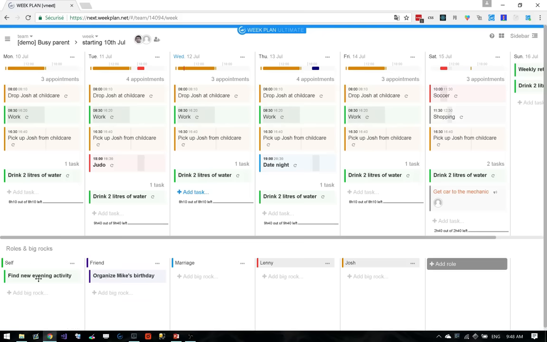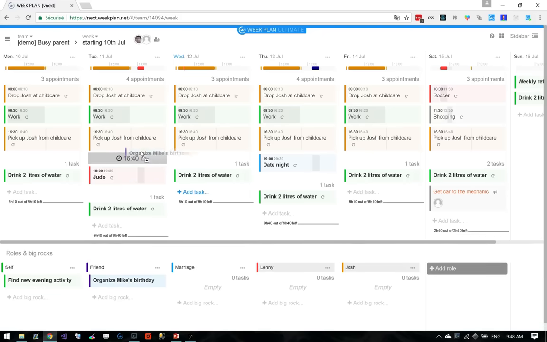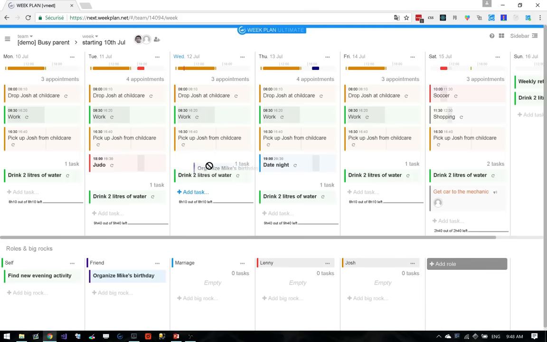And once you know, so for example, you know that you've got a friend's birthday coming up and you want to help organizing it, I recommend you schedule it in your agenda. So you can do that by drag and dropping this task somewhere. You have multiple ways. Either there is no specific time, so you drop it at the bottom of that day's list, or you want to put it after a specific event. So here, when I come back from work, for example, I could be deciding to organize Mike's birthday, and it will set the start time at